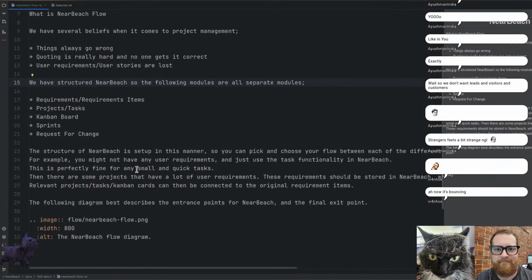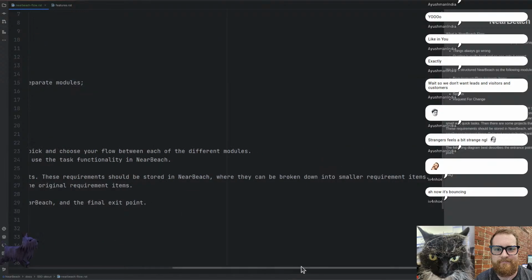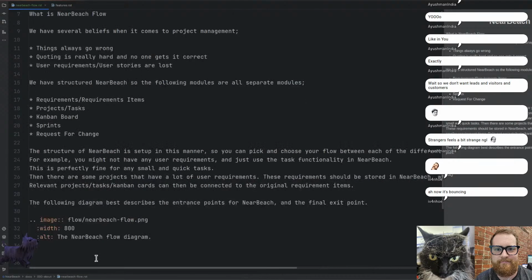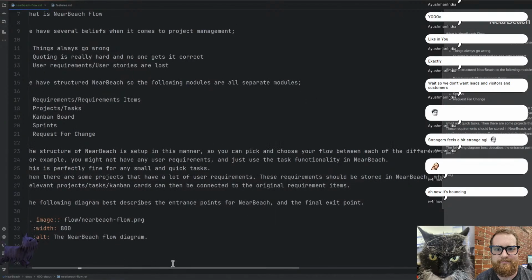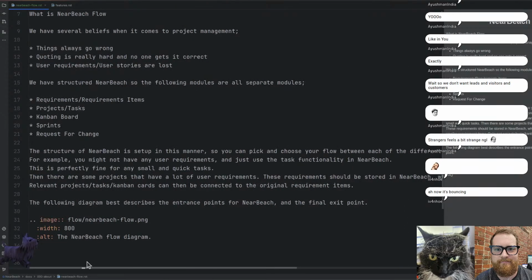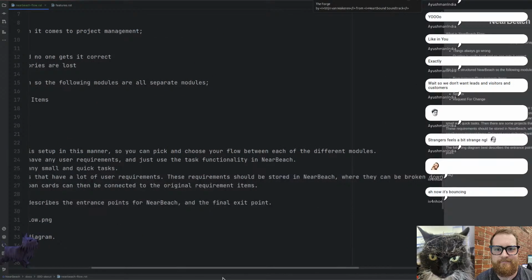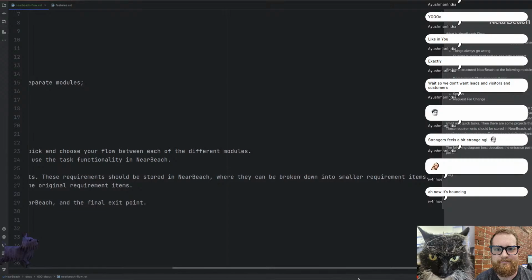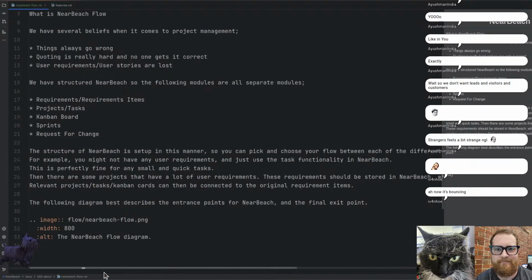The structure of NearBeach is set up in this manner so you can pick and choose your flow between each different module. For example, you might not have any user requirements and just use the task functionality of NearBeach. This is perfectly fine for any small and quick tasks. There are some projects that have a lot of user requirements. These requirements should be stored in NearBeach where they can be broken down into smaller requirement items, relevant projects, tasks,